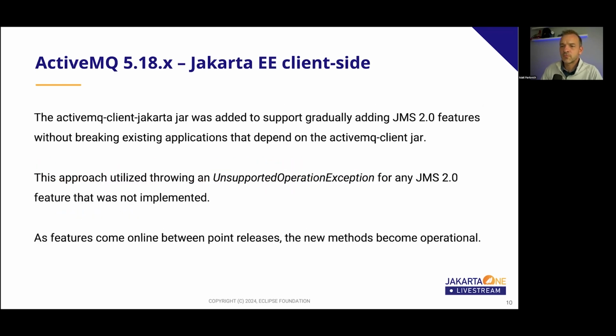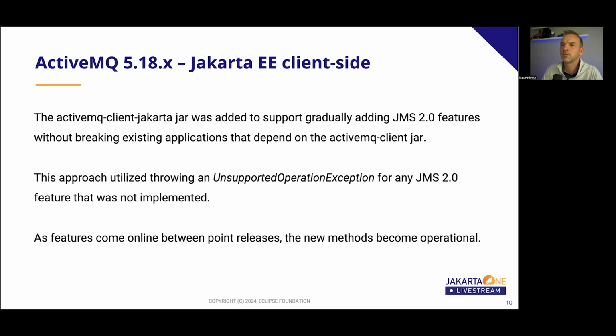So just on a deep dive, this was a really, I think, a novel approach, and this would apply not only for code bases that are making the change to Jakarta, but also for code bases that need to support moving APIs, even if it's your internal application. So what we did in the 518 series, we wanted to be able to provide both Java X and Jakarta support. So we had a new module, which was just the ActiveMQ client Jakarta jar. Applications that needed to start using Jakarta APIs could pull this jar in specifically and start consuming ActiveMQ on a client basis, as in a Jakarta environment against a non-Jakarta broker.